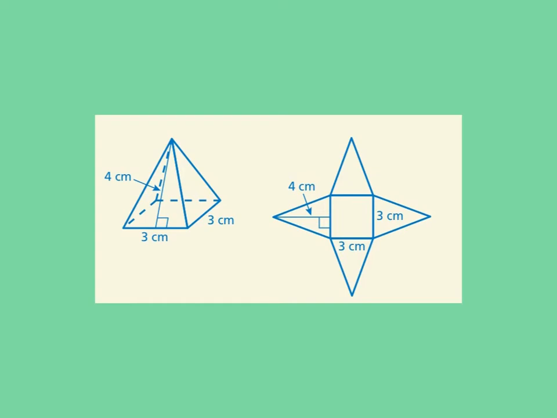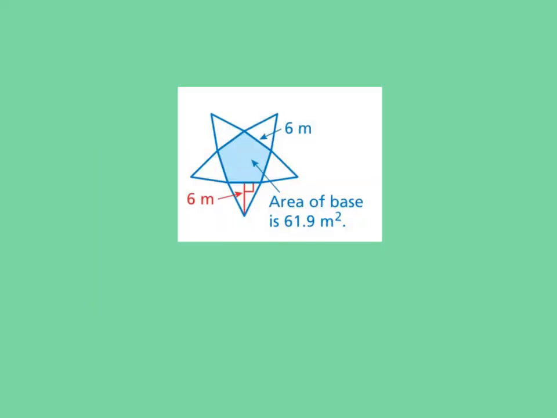Here's just another pyramid for you to look at. Again, this is a regular base pyramid, so it has a square. You can see that net, and it's very helpful to look at the nets when we're working through these. I'm not going to work through that whole problem. Here's what you need to know for tomorrow's assignment, and I think maybe on the exit ticket today,